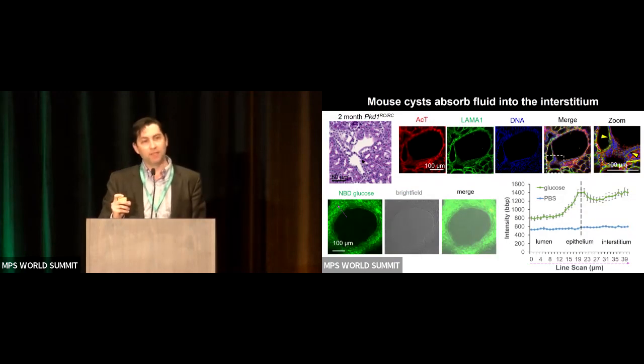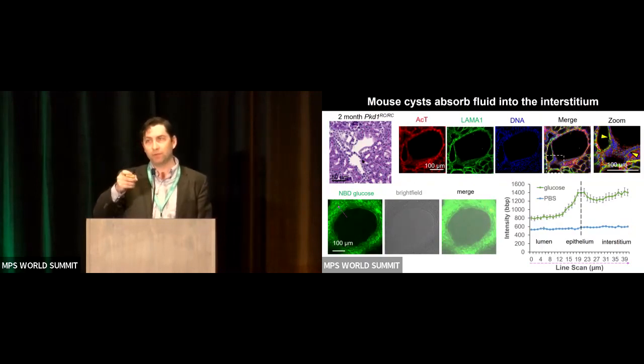And what we observed is that there were little pockets within these early cystic kidneys that were not lined by epithelium at all. Instead, they were pockets of fluid accumulation in the interstitium. And we could see this also by immunofluorescence at later stages. When you look at the cysts, there were areas where the cystic epithelium, which normally is very tightly associated with the interstitium and the endothelium, in this case seemed to be peeling away as if it was absorbing fluid and that fluid was pooling